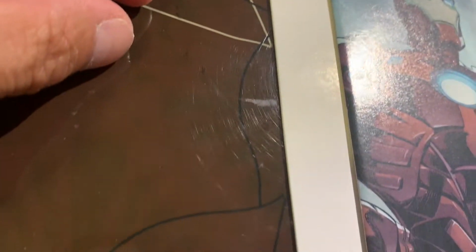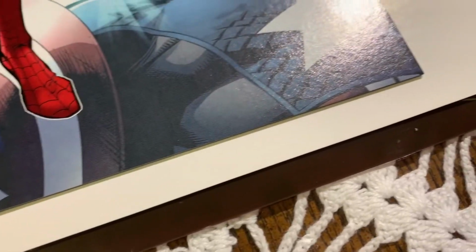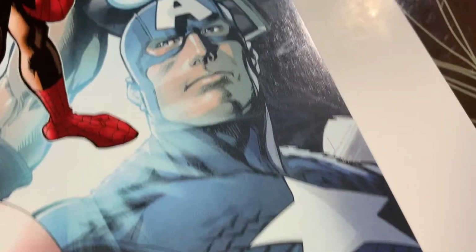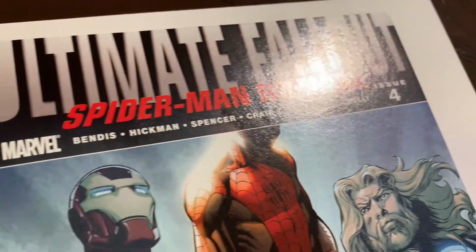So you can see the spine is pretty nice here. Is there a tick there? One? Maybe not. So that's got to be the art. I don't think that's a color break. So far you'd think we don't need a press, but